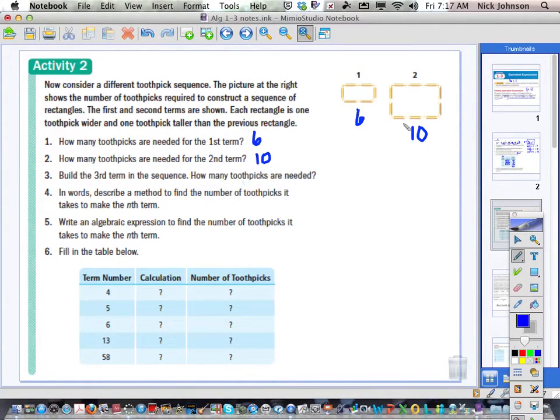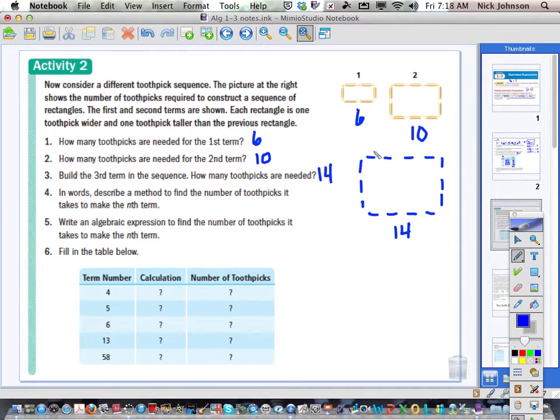Build the third term in the sequence. Well, they said it goes 1 long and 1 more height. So it's going to go 3, right? And then 4 across. 2, 3, 4. 2, 3. 1, 2, 3, 4. So I have 8 and 6, is now 14. So as you can see, each one of these are going up by